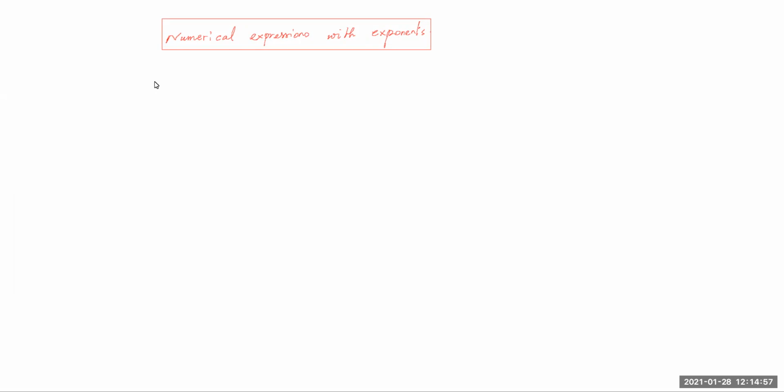We will practice here numerical expressions with exponents. So we are assuming knowing the rules for exponents. And let's then, for example, try to answer the following questions. So first,